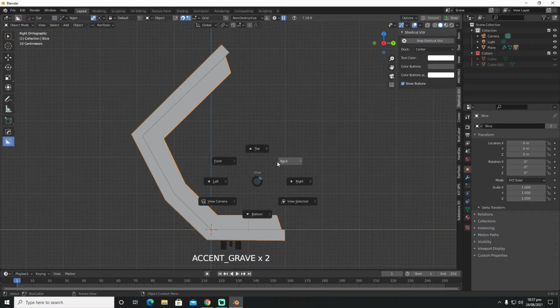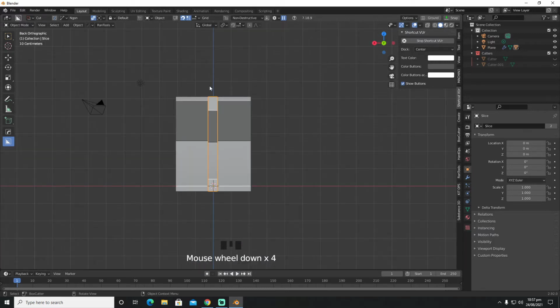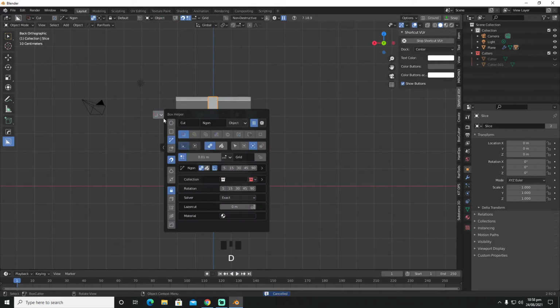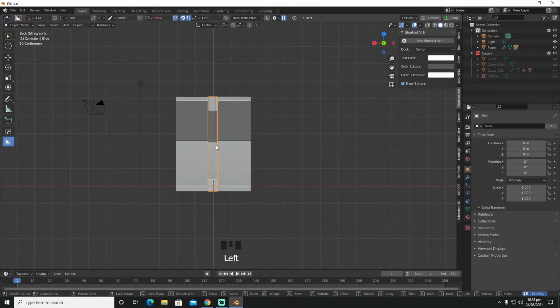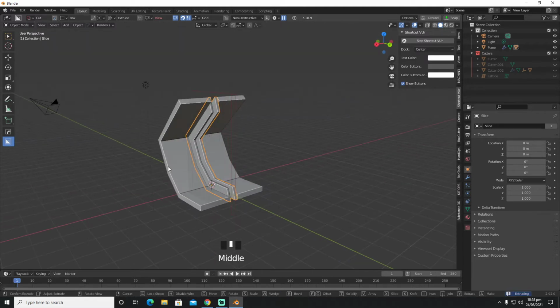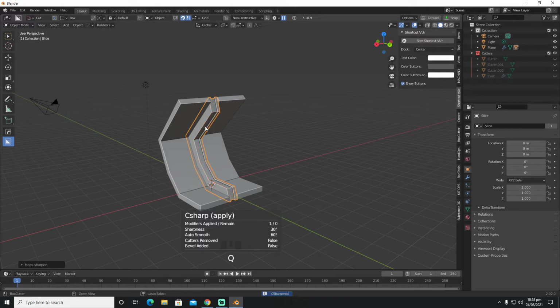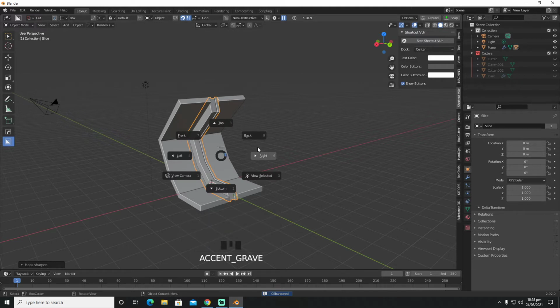Gonna go to the back view, and we're gonna, this is how you insert, guys. You just bring this here and let it go, and press I to insert to right about there. Then you press Q, sharpen, and the next thing what we should be doing is we're gonna go into